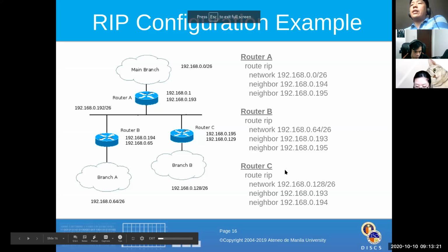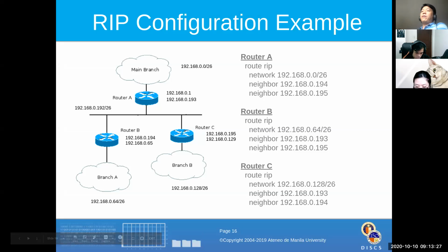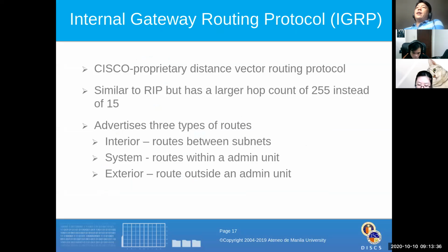Okay, so that's it. RIP is, if you notice, very easy. You don't have to define all your destinations and define your default routers for all of them, and you don't have to define 3 routing tables. Just configure RIP, my network, and the neighbors. Right? IGRP works in the same way as RIP,